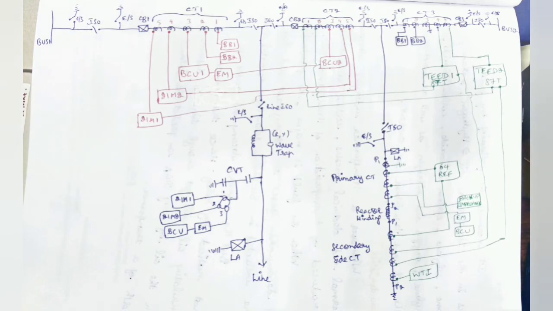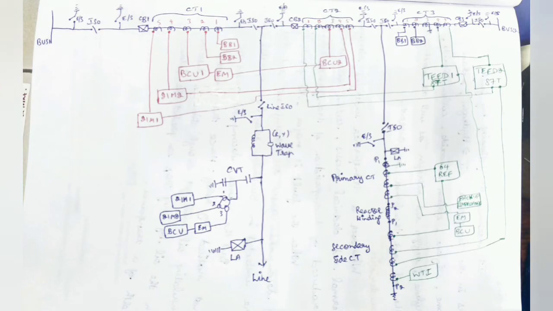Then coming to the main reactor bay, the reactor bay which is connected to the other bus, which is bus 2. For that we have taken bus bar protection in core 1 and core 2 of our CT, which comprises bus bar 1 and bus bar 2, the BB1 and BB2 relays. Then the third core is not used, that's why it is in shorted and earthed condition. And next is your TEED protection. The TEED protection is taken by core 4 and core 5 CT.